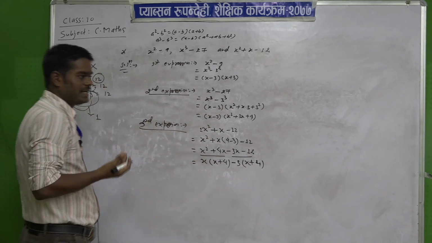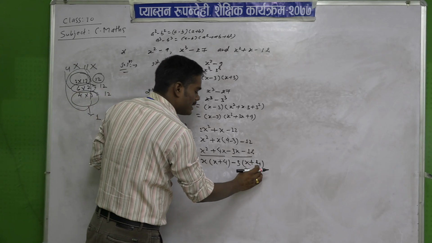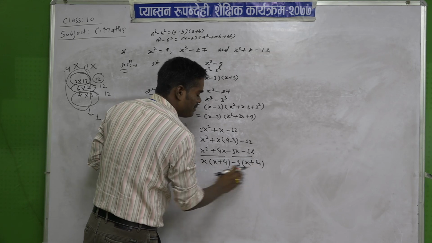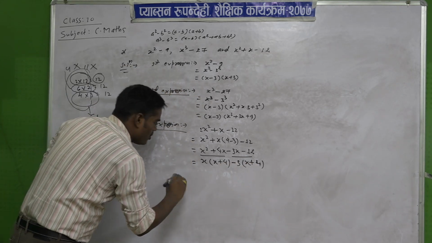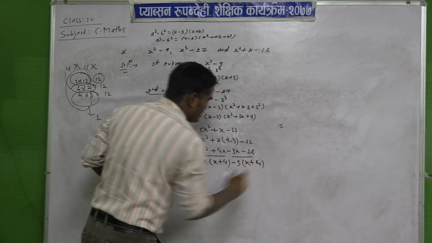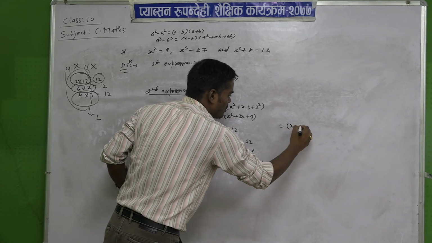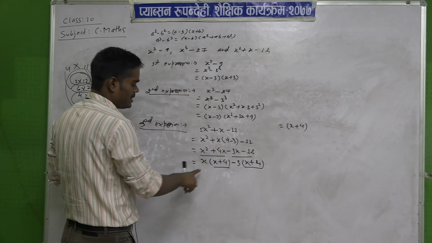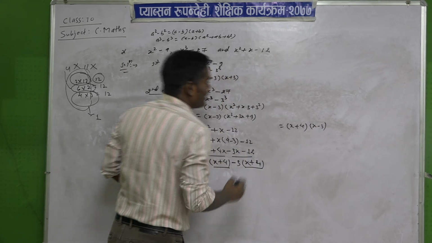So, after taking the common, whatever is left inside the bracket must be the same. If different, it means somewhere a mistake is there. So, take common x, then after x plus 4, take common 3, and what is left? x minus 3, x minus 3, and then after